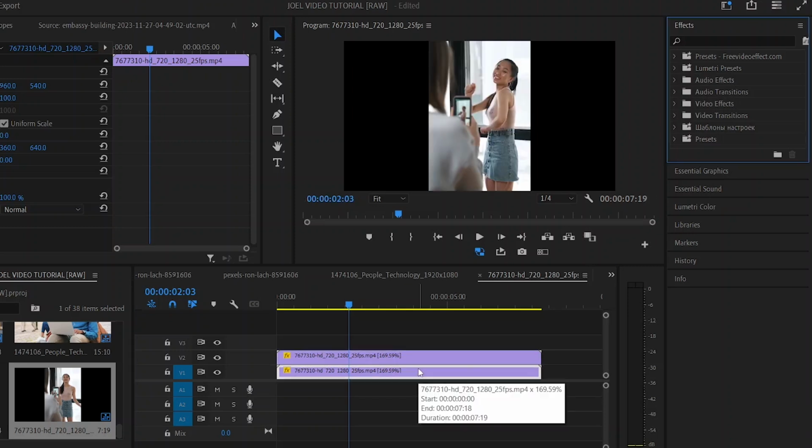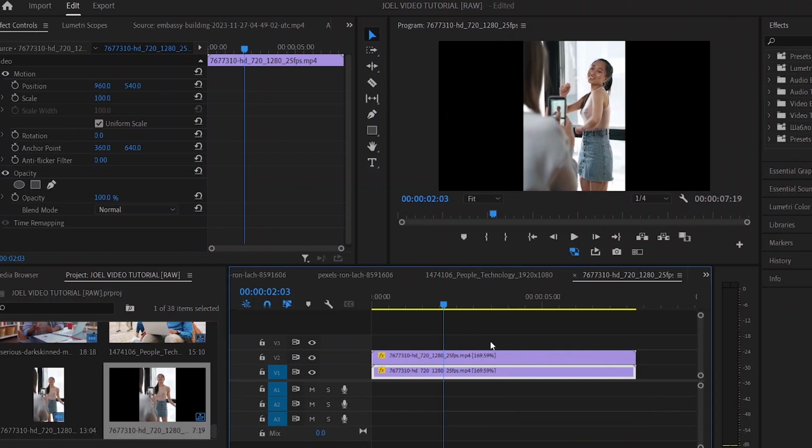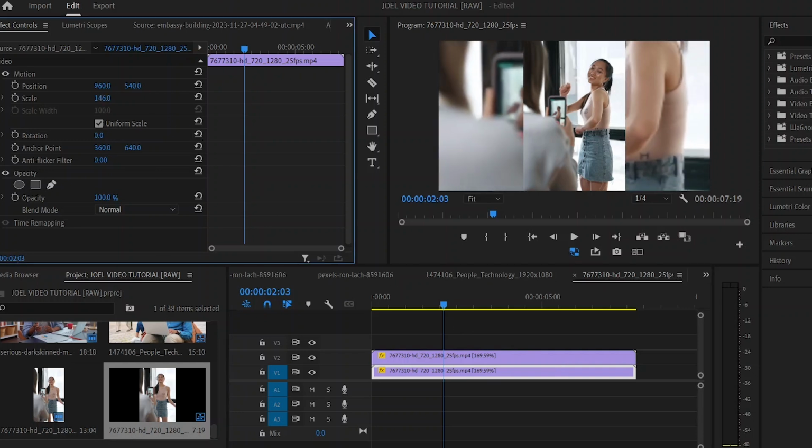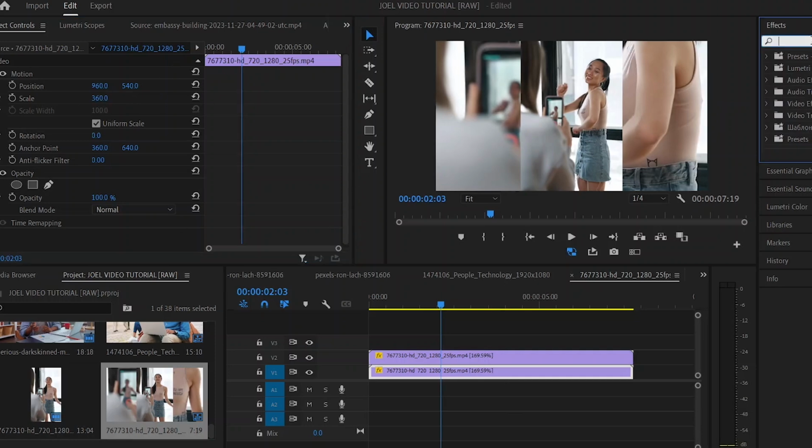Once you've duplicated it, what you have to do is make sure that you scale the clip below. You click on the clip below, then you scale it, you increase the scale here. So once you've increased the scale here, the next thing you have to do is go to the